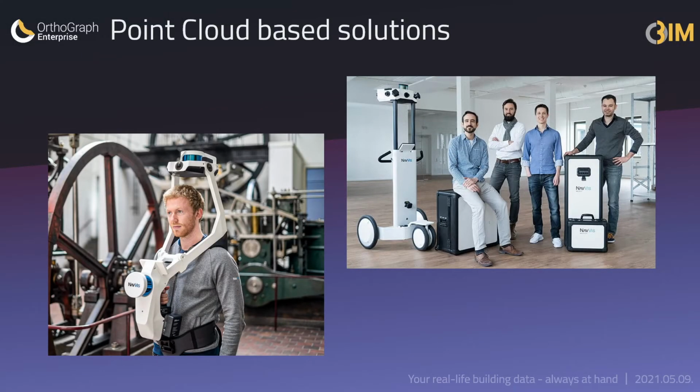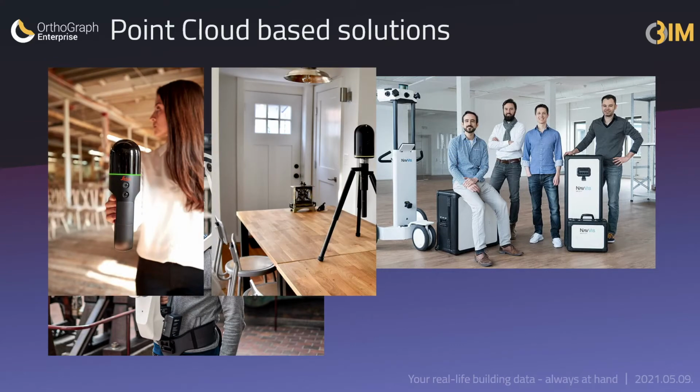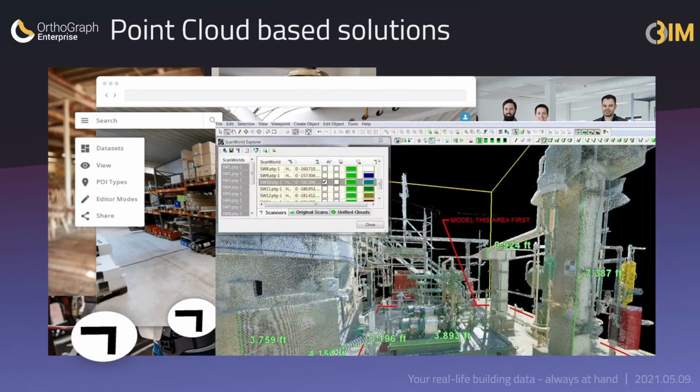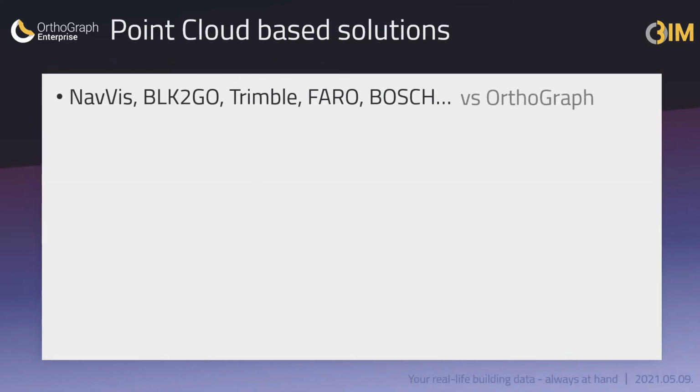There are larger and smaller solutions to capture a 3D point cloud of a building. The results in most cases are colorized point clouds and series of panoramic photos that give the user a Google Street View-like access to their buildings or technologies even if the user is far away from the site. Let's see the key parameters of such technologies, but also as mentioned at the beginning, we are going to compare them to Orthograph's operational BIM approach, as we believe that Orthograph was made dedicated for the operational work.